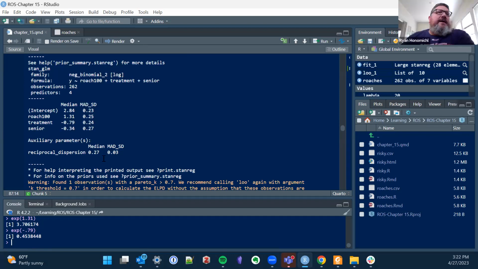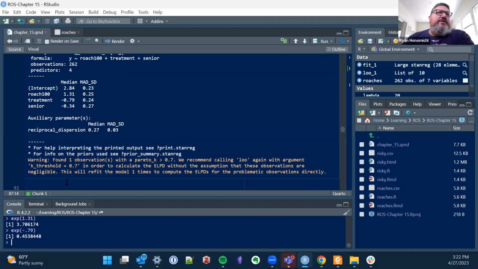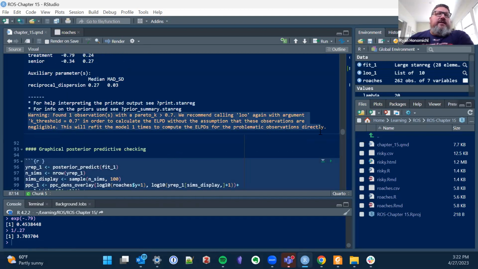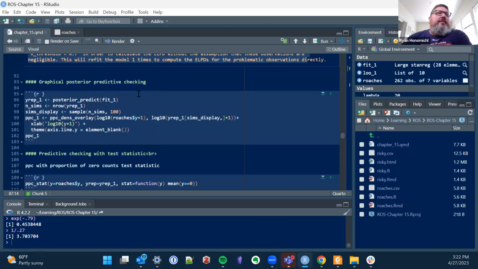And then if we want to tell whether there's overdispersion, which means basically is there too much variance for what we're trying to do, you divide 1 by that number. So that's the overdispersion. I don't really understand it. Also I got this weird thing about K, I didn't even get into that, but apparently there's something problematic here. But this type of ratio is typically seen as evidence of overdispersion.